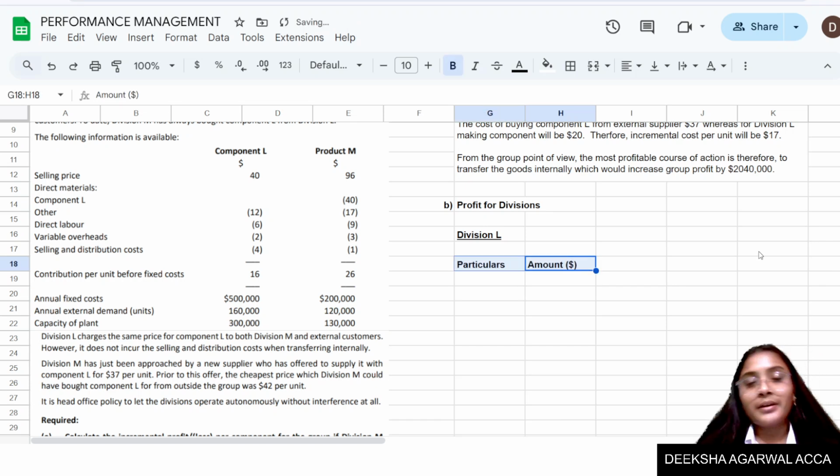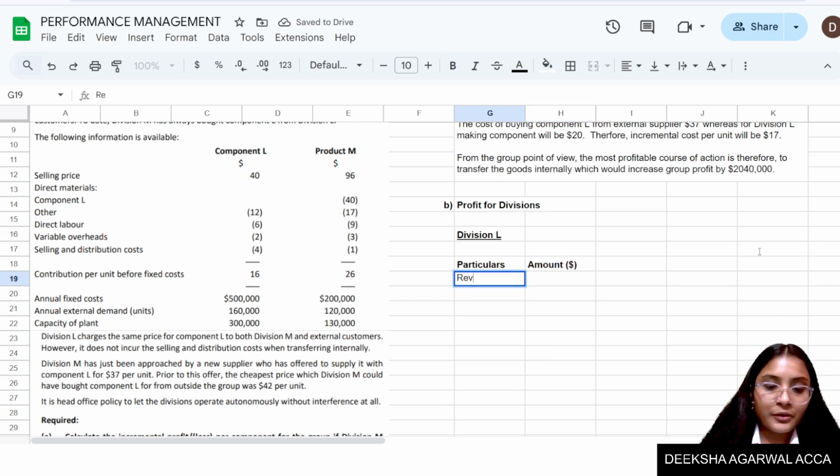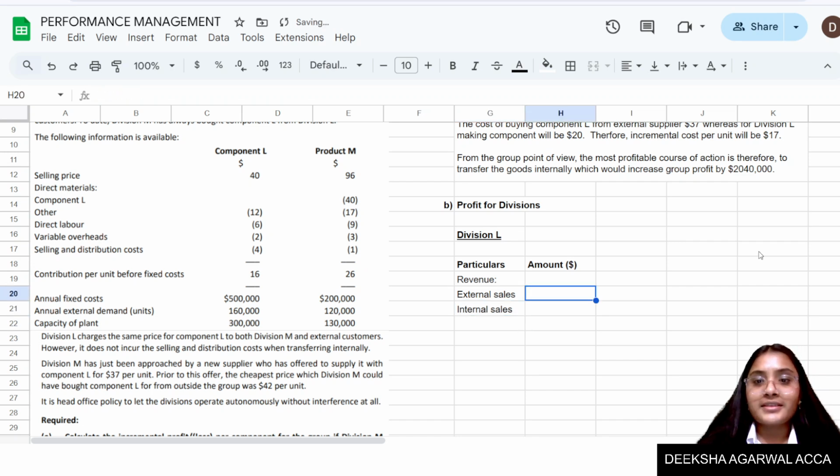Okay. How can I calculate the profit part? First of all, revenue from external sales and internal sales. How much will the external sales be? External sales will be 1,60,000 into how much you are charging your customer, 40. And for internal sales, it will be 1,20,000 into, you will be multiplying your